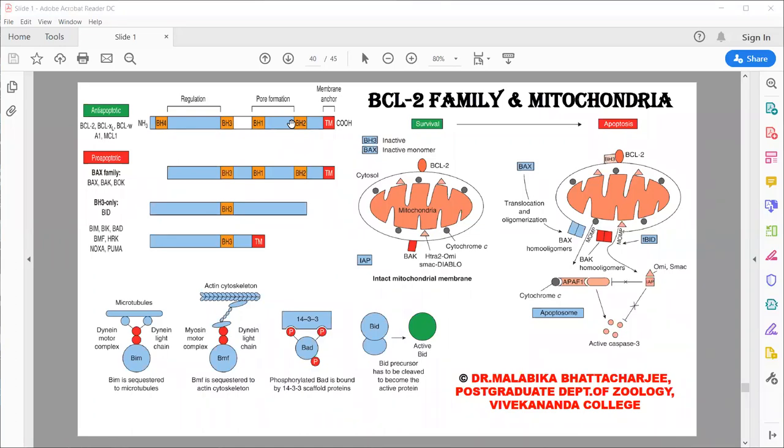Now, if you look into this, regarding the pro-apoptotic members, there are two categories. One are the killers, the others are the regulators. You can see the regulators are sharing only the BH3 domain with the pro-survival and the pro-apoptotic proteins. So, for example, BCL2 and BAX remain complexed with each other by the BH2, BH1 and BH3 domains.